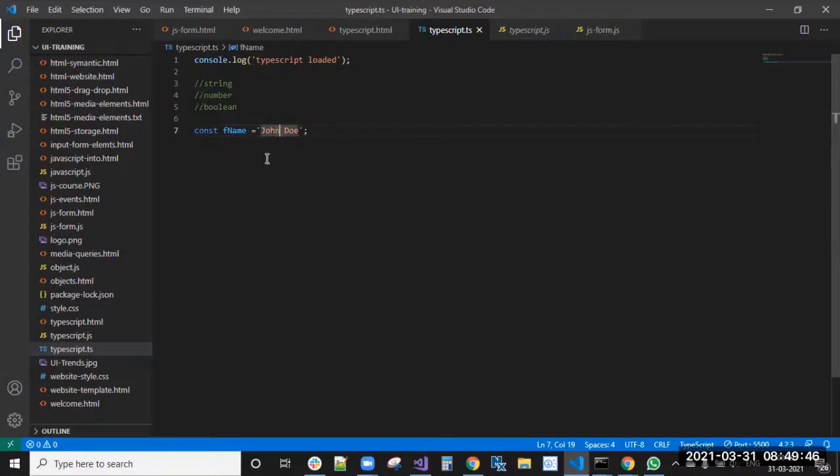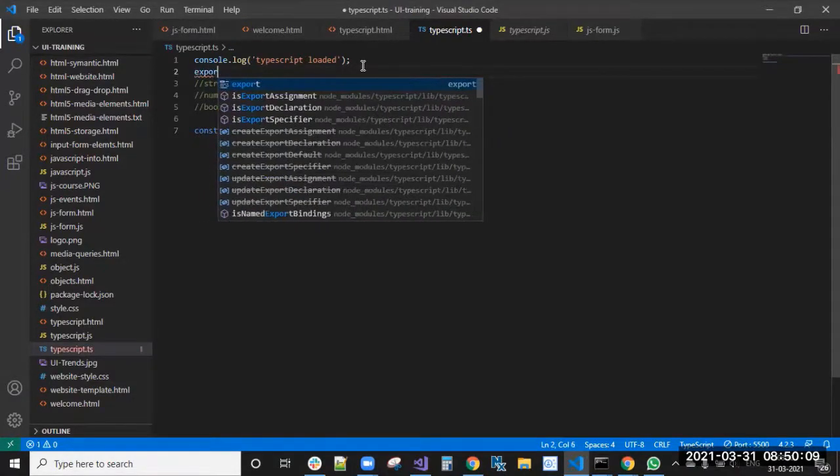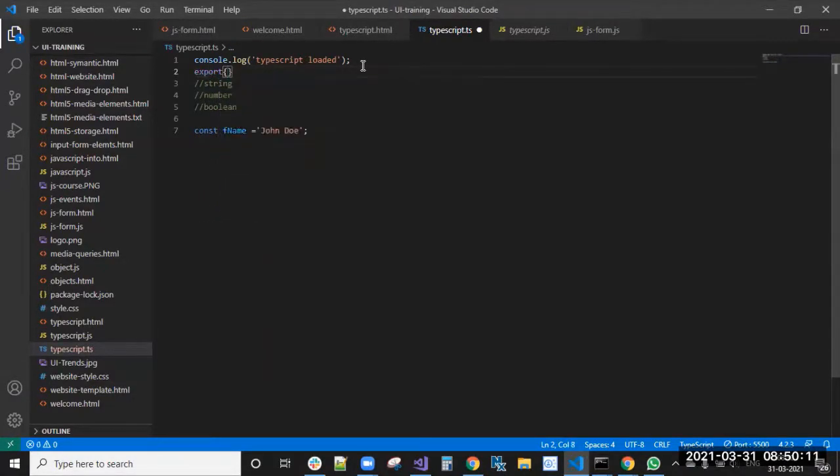Why we are getting that error is because in one of these JS files we have already declared a variable with that name. To fix that error, you can change the variable name, or one more way is to use export.